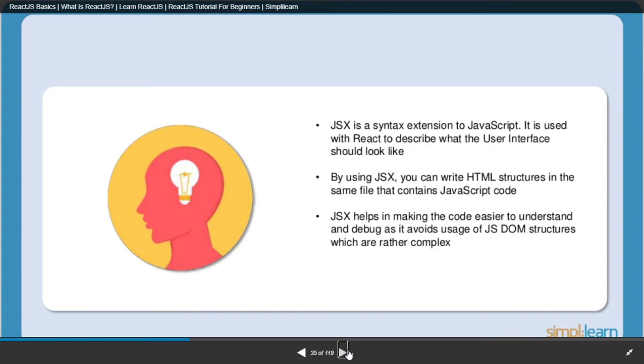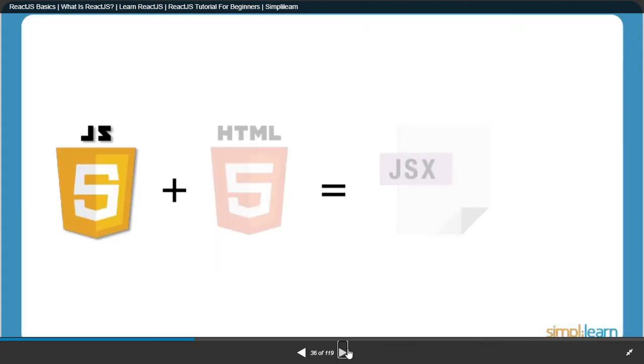It's very simple: JavaScript plus HTML equals JSX. In a single component in React, you can use both the JavaScript and the HTML structure to make sure your view renders perfectly.